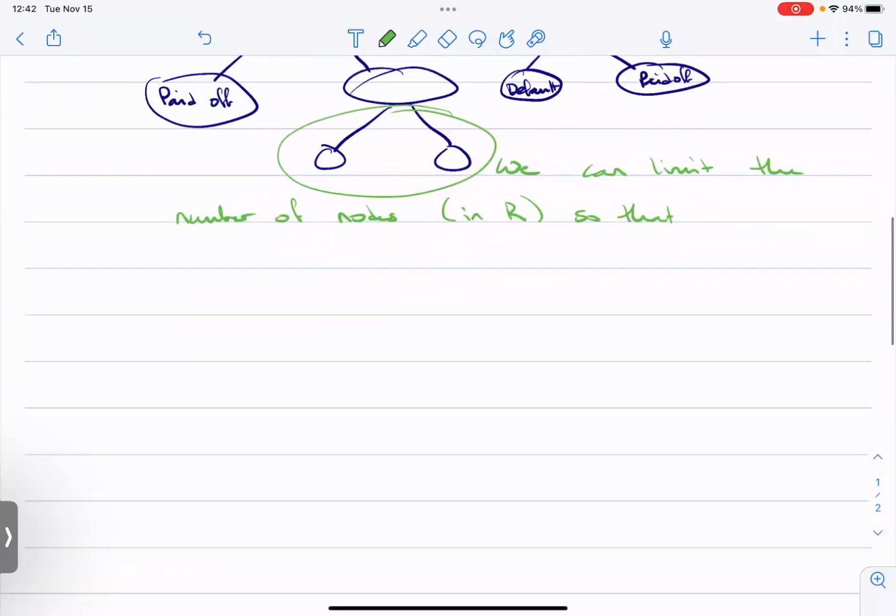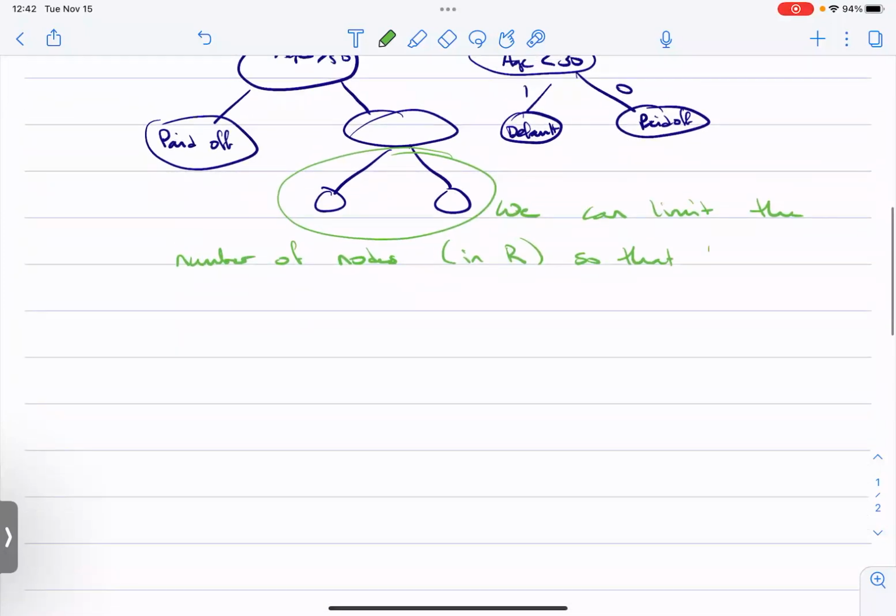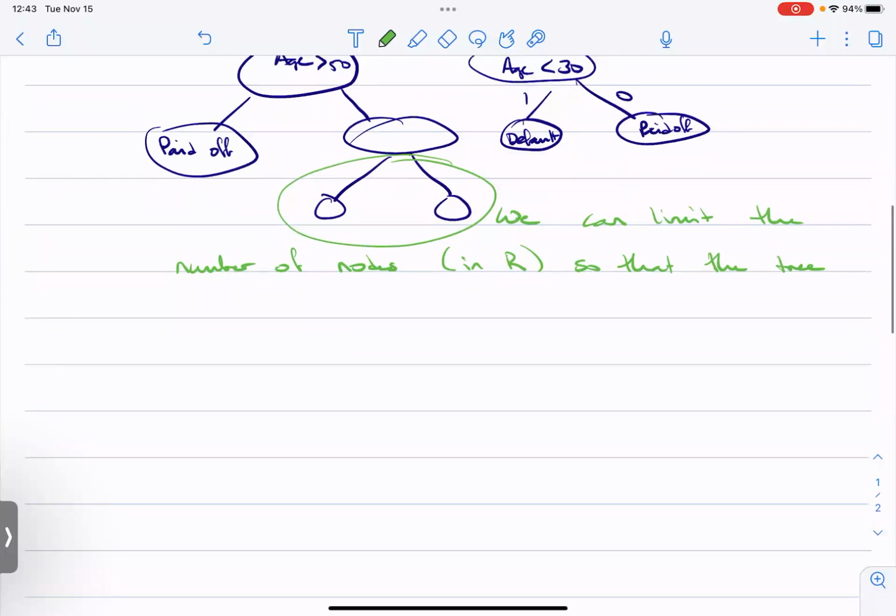So that the tree not only fits the training set, but applies to the test set almost as well. Maybe I like what I have in my notes better. So the branches,